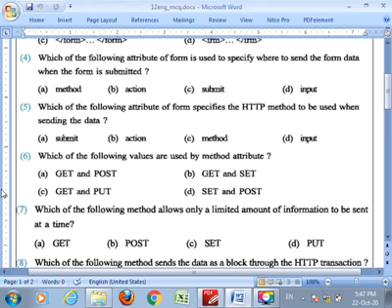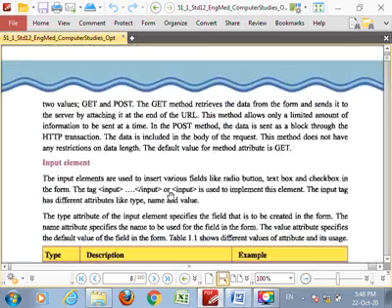Now we move on. Question number 6 is, which of the following values are used by the method attribute? It means get and post. There are two values, get and post. Clear?